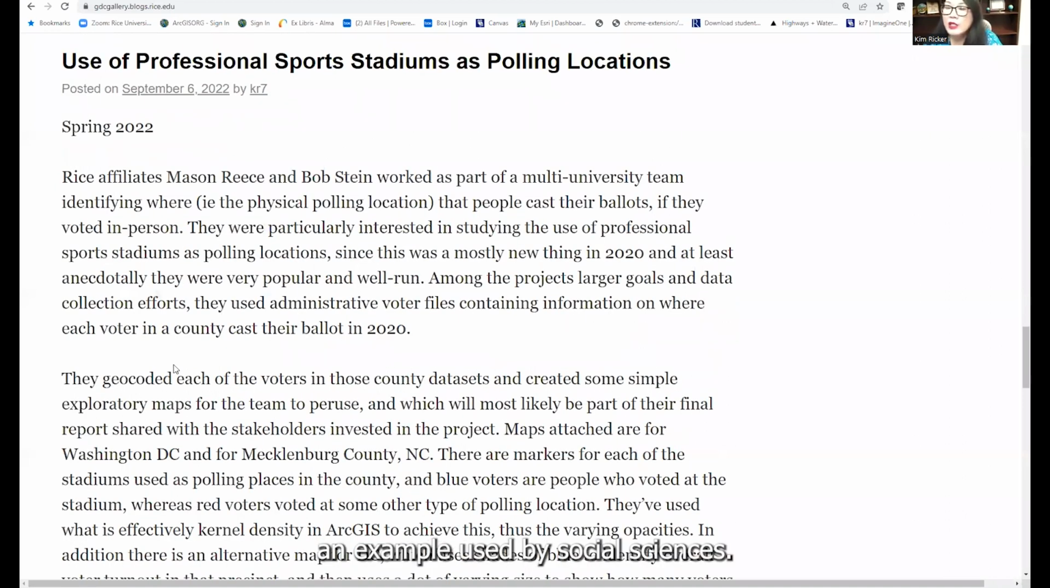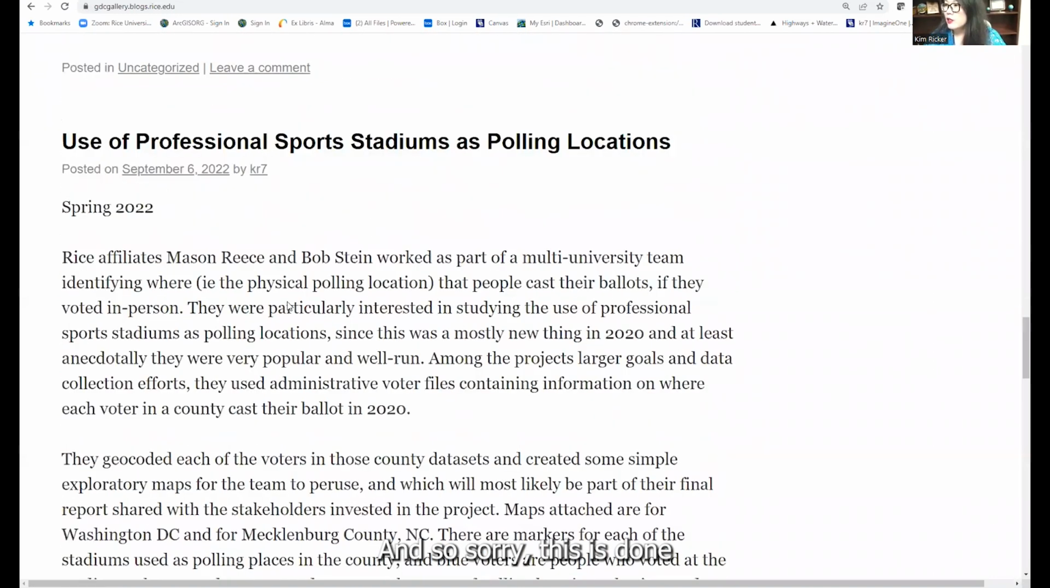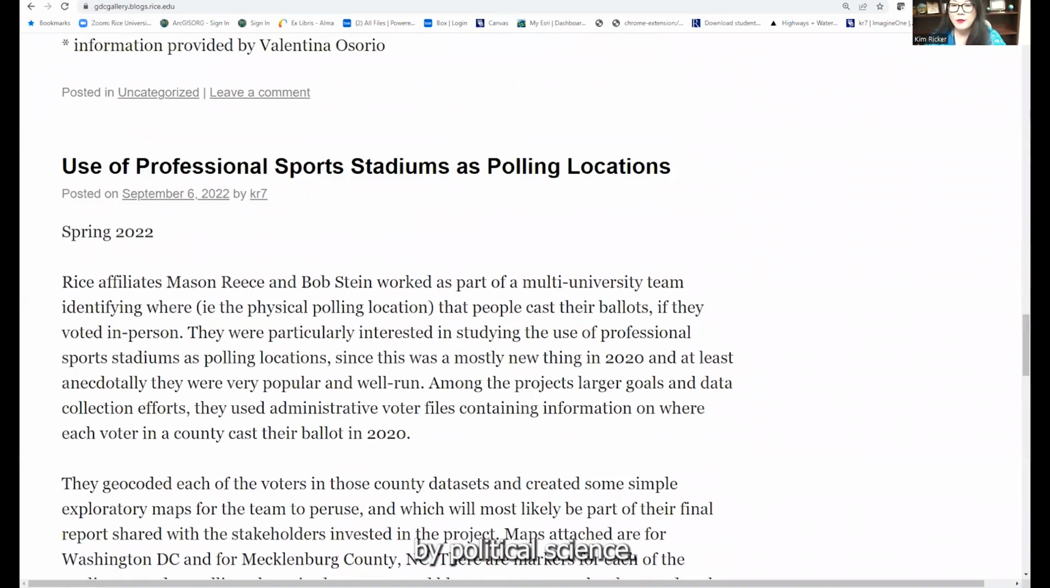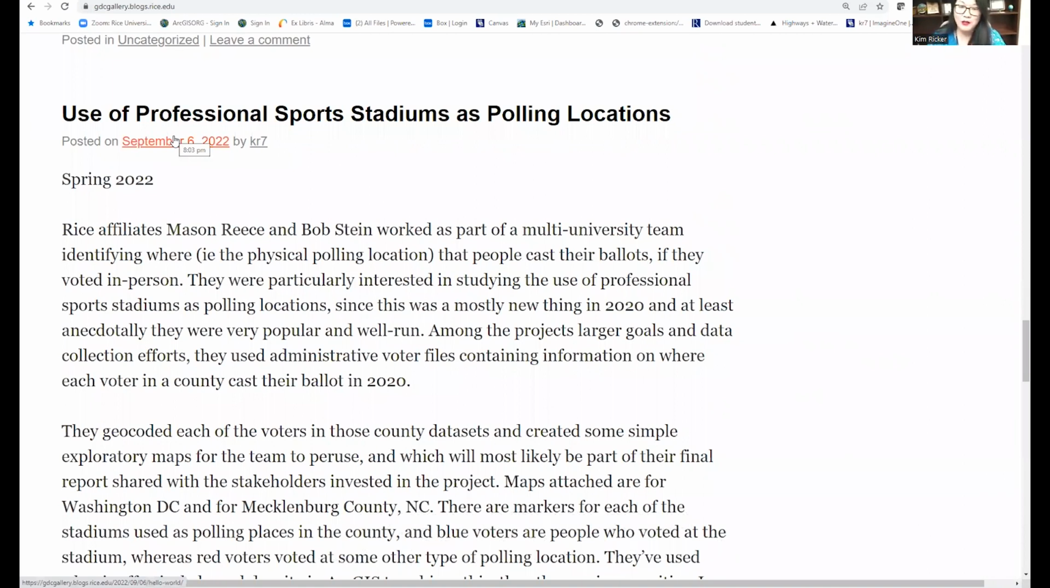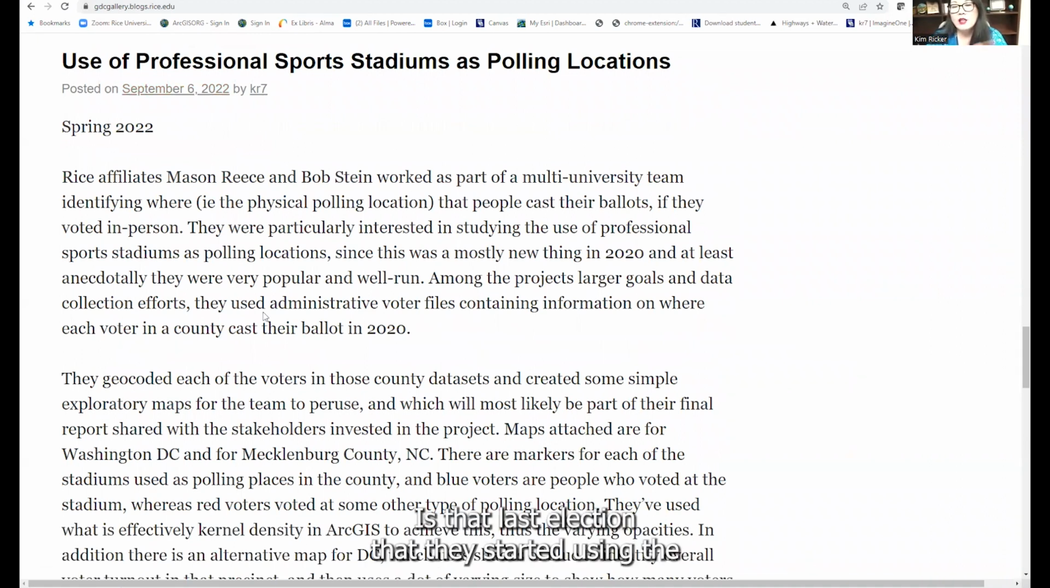So the first one is an example used by social sciences. This is done by political science. People in political science are very interested in voter turnout, right? That makes sense. So for this particular project, they're looking at voter turnout based on polling places. Of particular interest is that in the last election, they started using the professional sports stadiums as a polling location, a bigger turnout area where people like bigger accommodations, etc. And so this particular project looked at